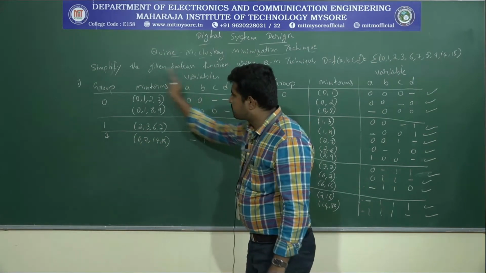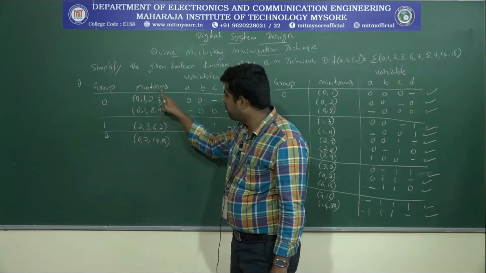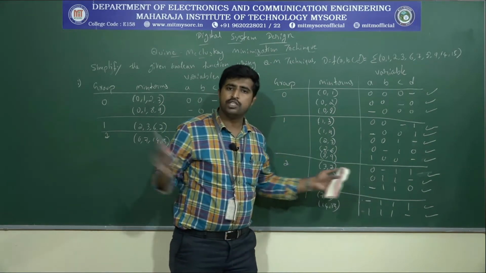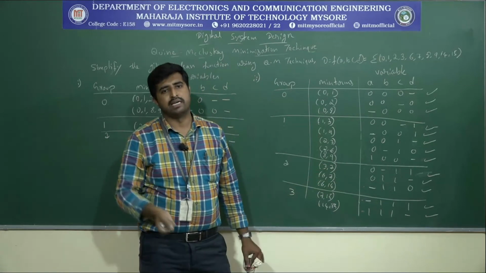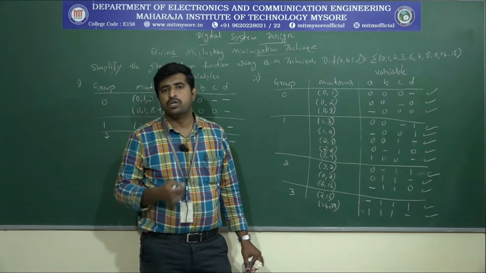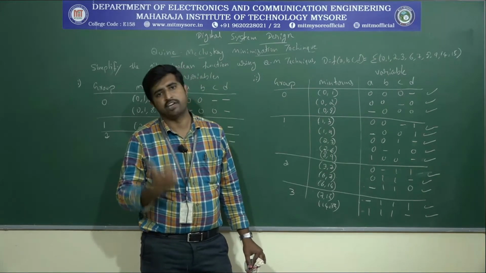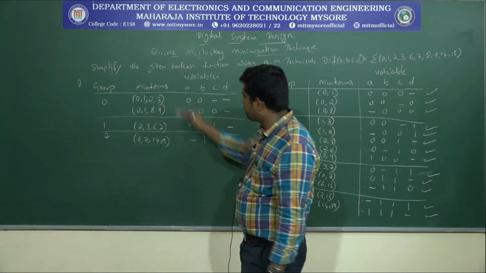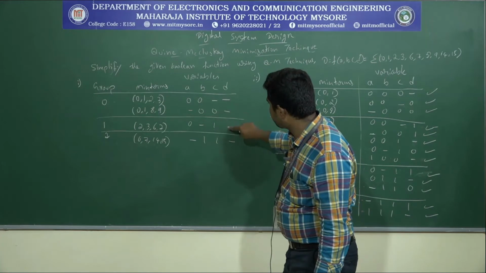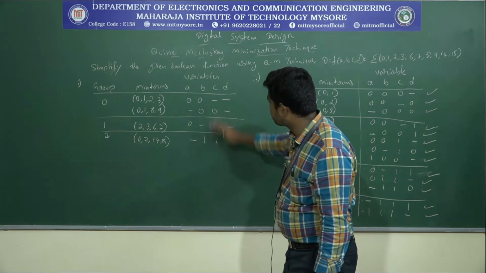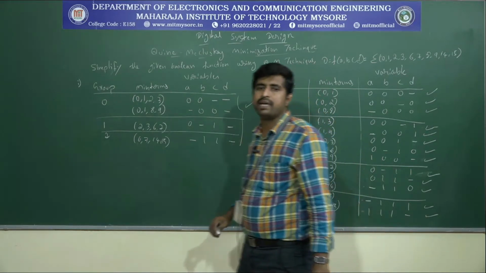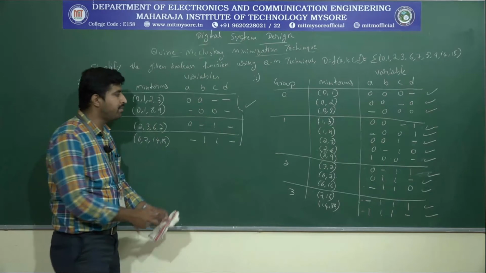So in the last table, the minterms and any minterms which are left out in the previous table will go to form the prime implicants. Next we need to identify the essential prime implicants, so that we can write the simplified equation. Let's see whether it is possible to group this one. There are two dashes, so we are not able to group any further. That means these 4 are the prime implicants.